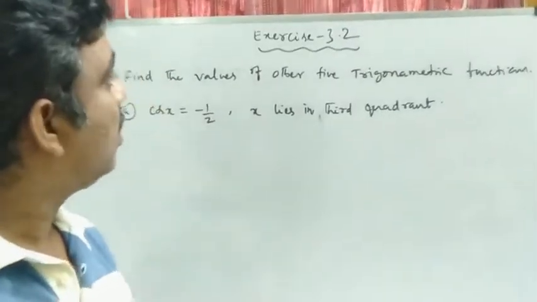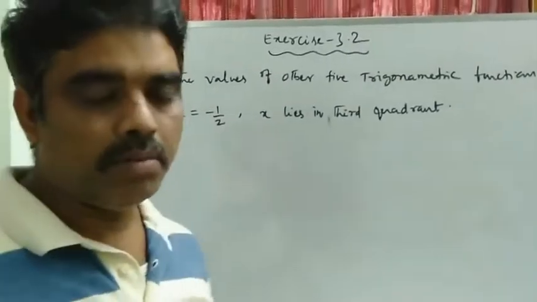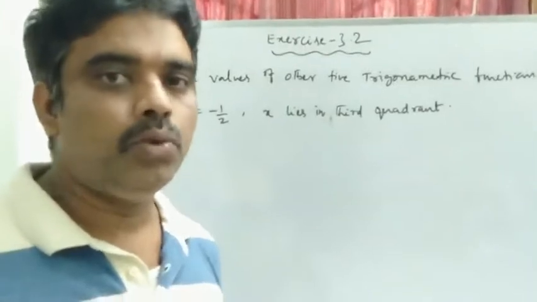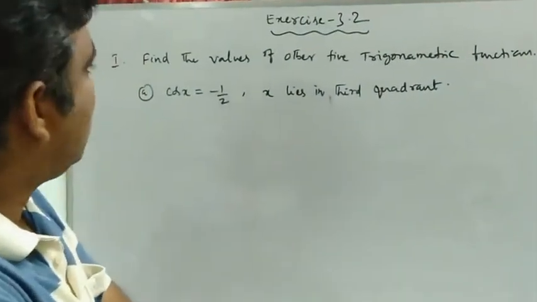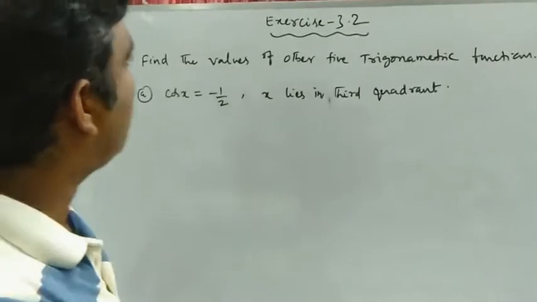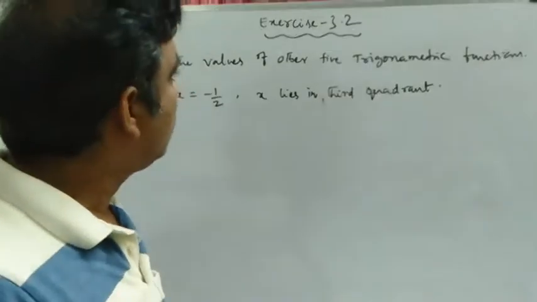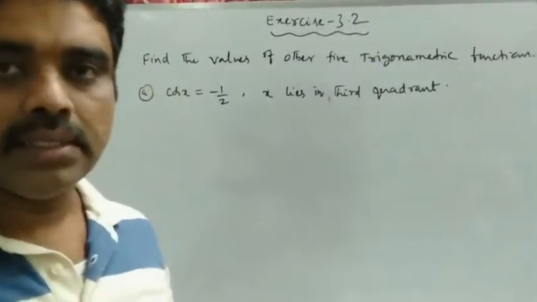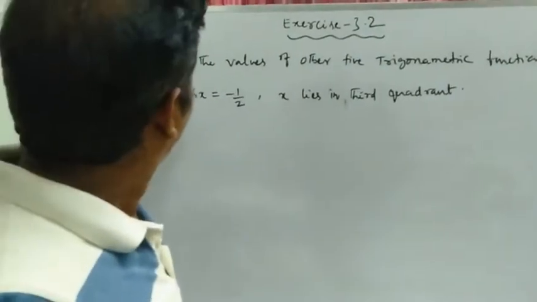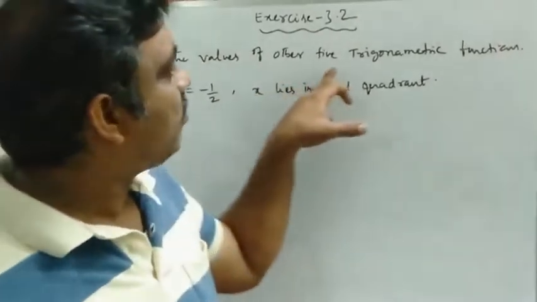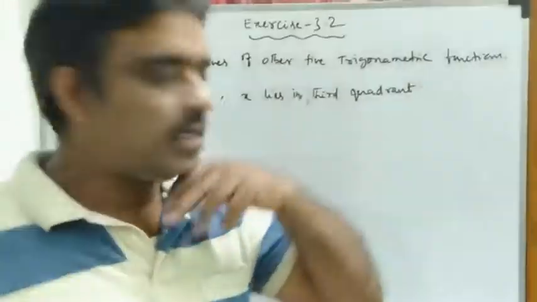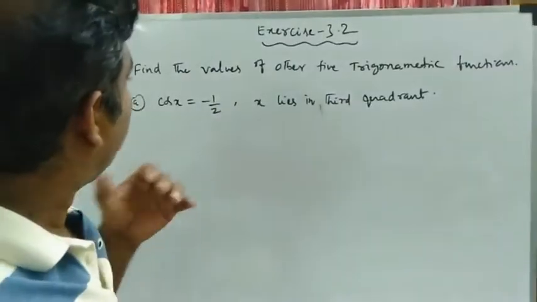Today we are going to solve the problems in exercise number 3.2. So these are the basic problems in trigonometry. Already we have studied them in 10th class also. So the first problem in this topic is: find the values of other 5 trigonometric functions given cos x is